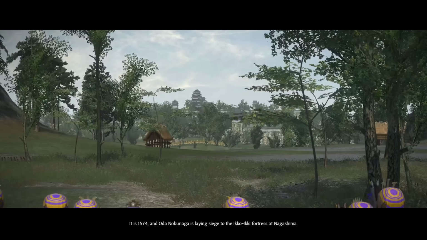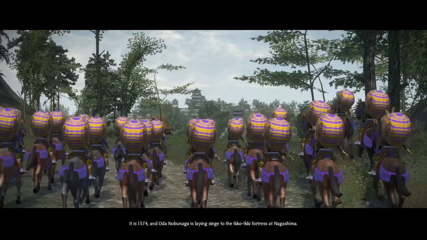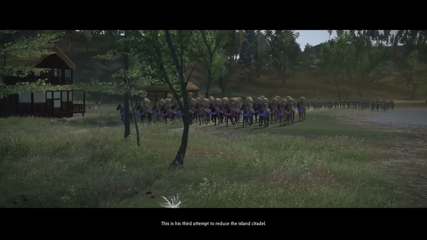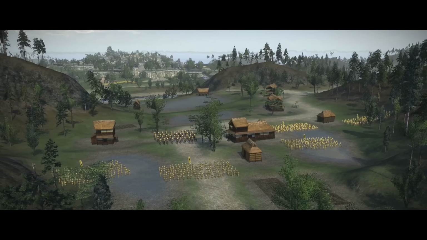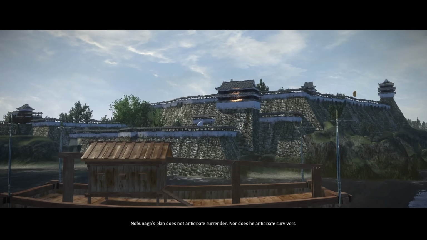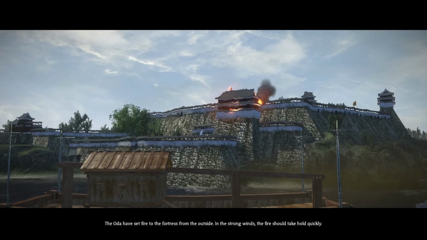And Oda Nobunaga is laying siege to the Koiki fortress at Nagashima. This is his third attempt to reduce the island citadel. Sighted in a way, nor does he anticipate survivors. The Oda have set fire